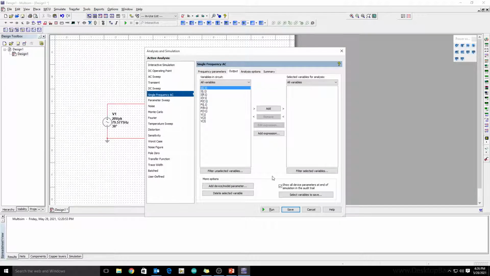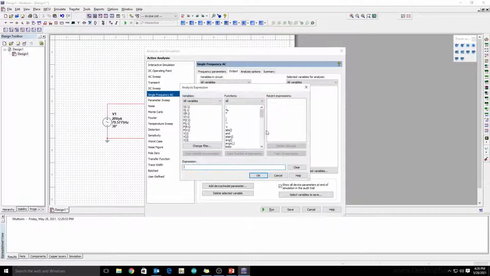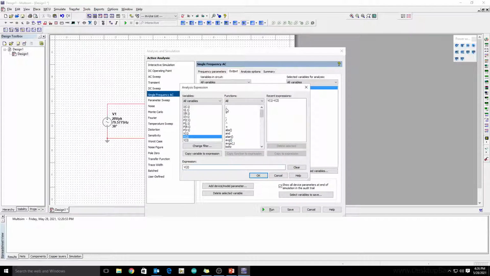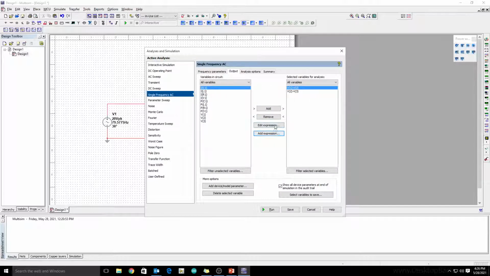In output, we are going to design an expression: V1 minus V2. Add the expression V2 minus V3. Okay, and we need V3, and run this.